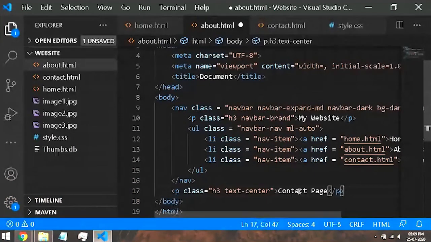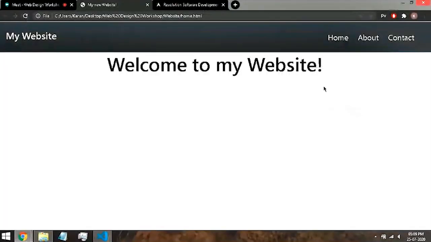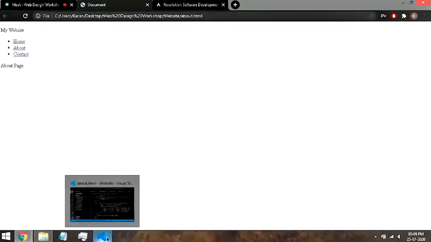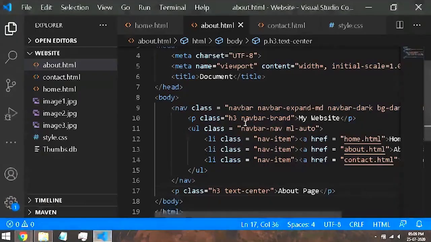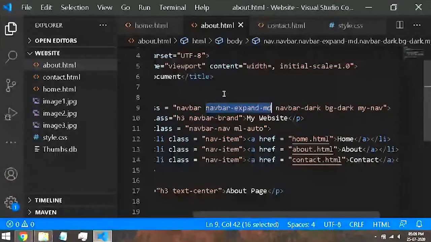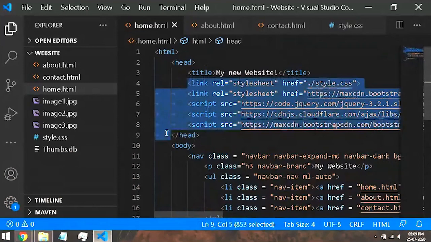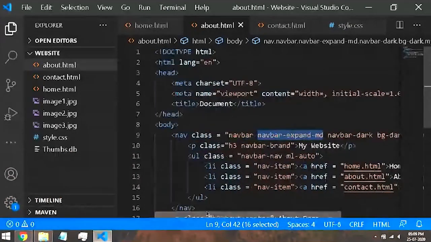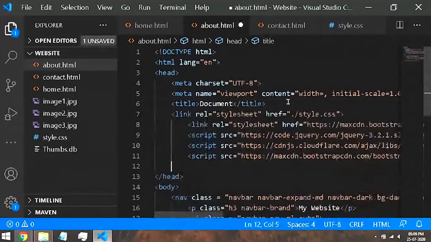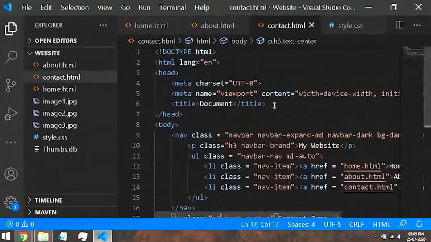And I'll say if it's similar across pages, then it's okay. Now if I refresh, I'll go to the about page. So yes, we did not include the Bootstrap CDNs into this file. So for the about page, it does not know what navbar or navbar-expand-md is. It does not know that. So we need to also include the Bootstrap files. And I'll also include this CSS file if I need it. So again, in the head tag, you have to specify these links in your head tag. I'll save this. Then